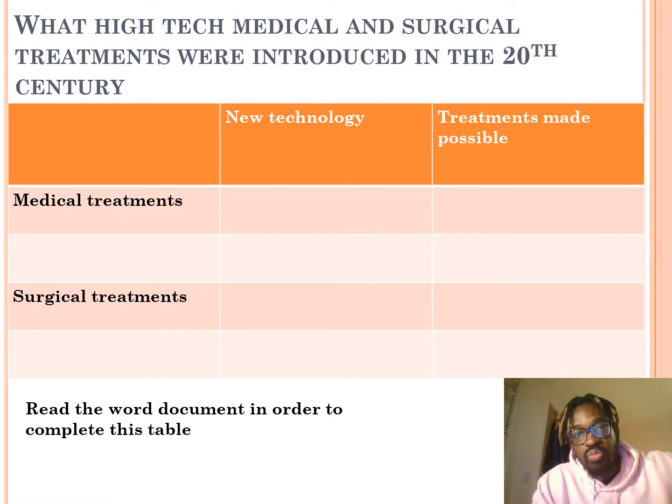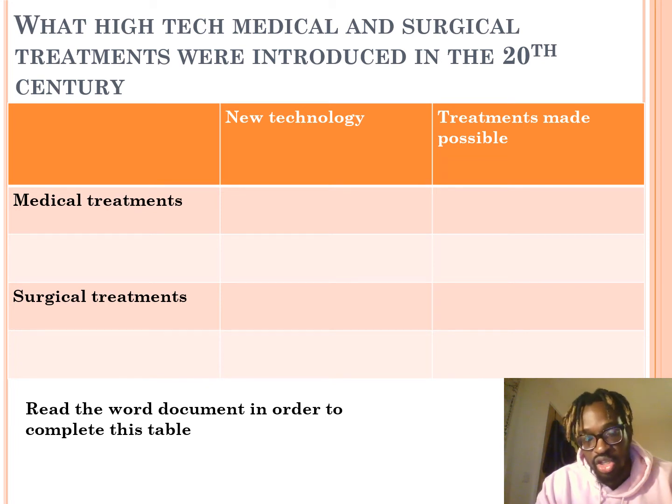We move on to medical and surgical treatments that were introduced as a result of the NHS as well. So medical treatments and surgical treatments improved massively once the NHS came about. Okay, and again, all the answers are in the Word document. So read the Word document I put here in order to complete the table. So what kind of new technology came about with regards to medical treatments and surgical treatments within the NHS, and what types of treatments were now possible as a result? So an example,